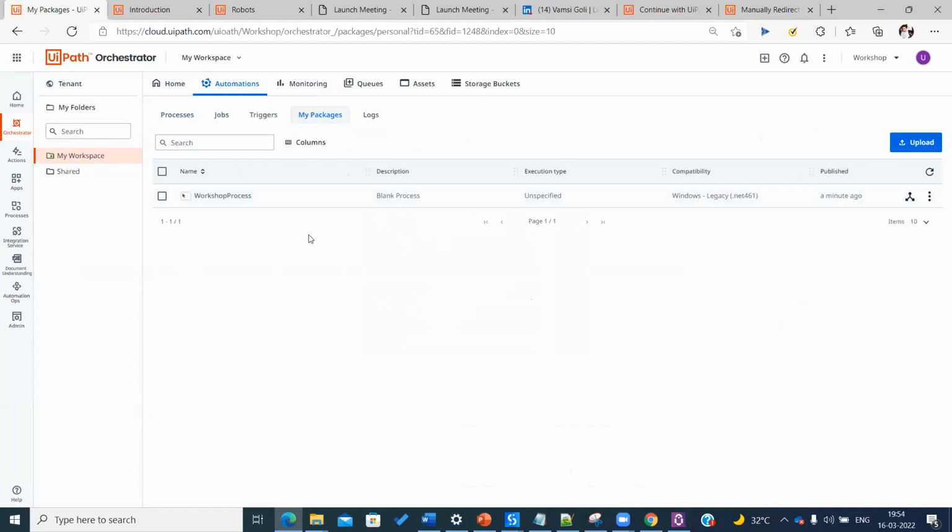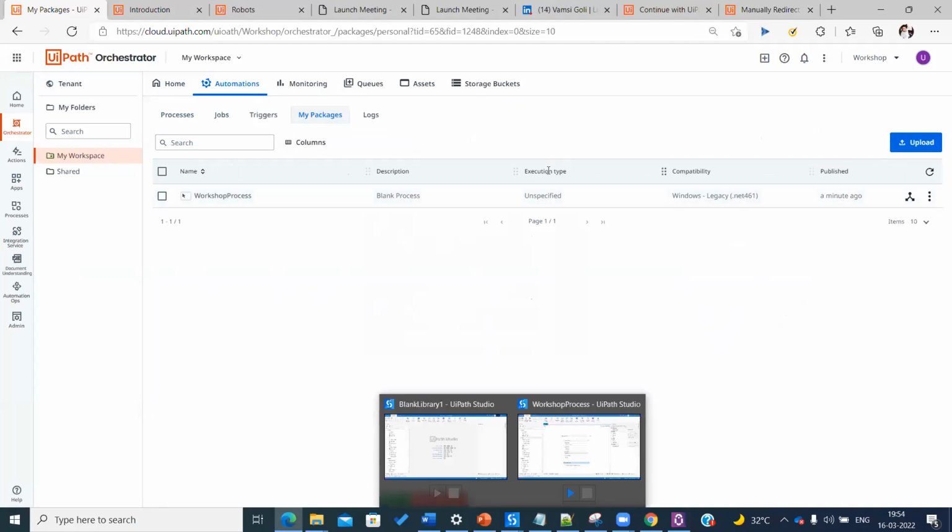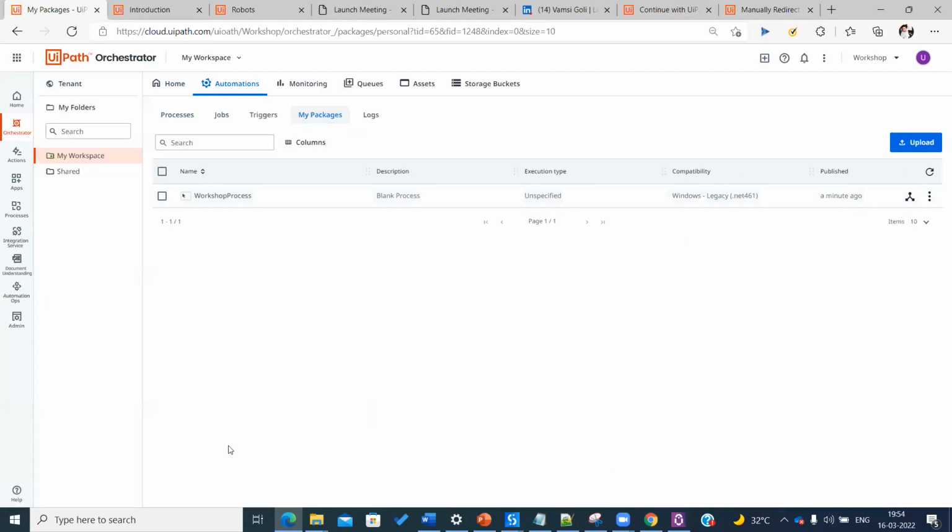This is how your package was published directly to the Orchestrator. If it is not connected, as I showed you, it will go to this folder. And if it is connected, it will come to this workspace tab, and you will see it added here.